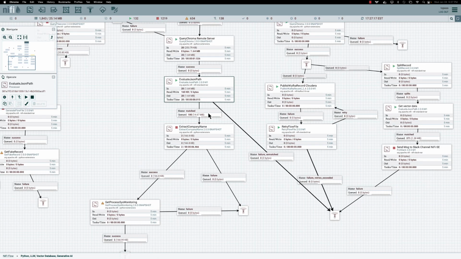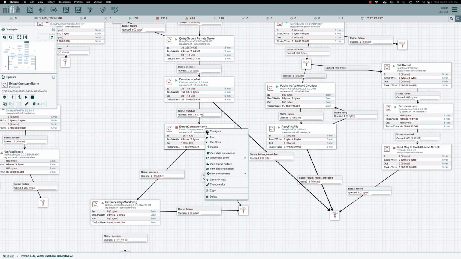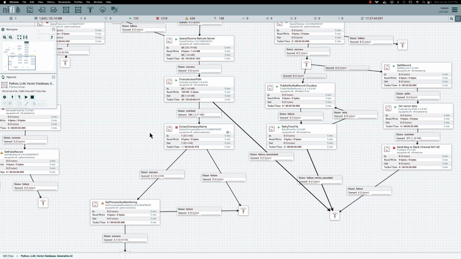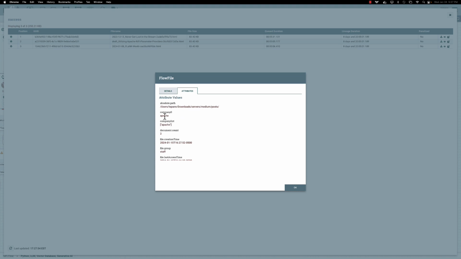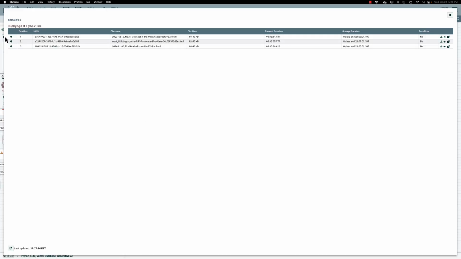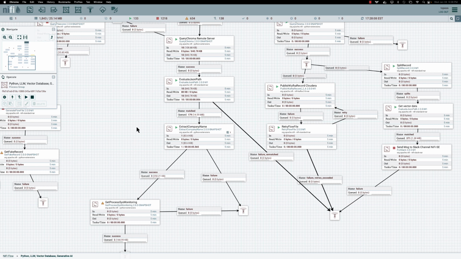I pull out the document, and here I thought it'd be cool to take that prompt and see if there's any company names. I have a custom Python processor here that uses an NLP model to extract company names that may exist in that document, and gives me back in a couple of formats. See, there's one on Apache, and that's all that's in that list, but there could be more. Like, we could run a couple of these depending on your pipeline just to see what's going on there,